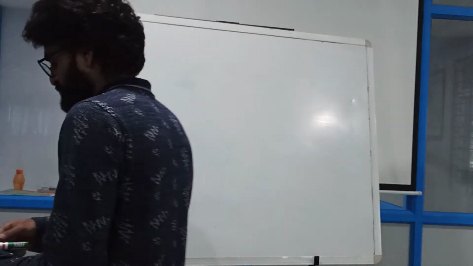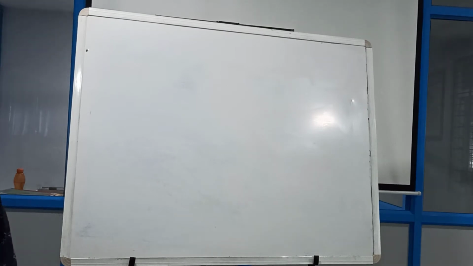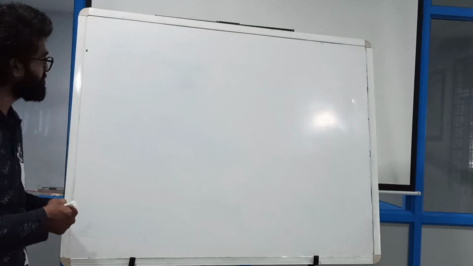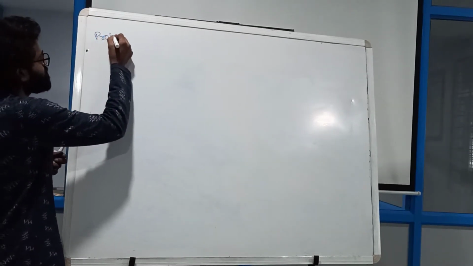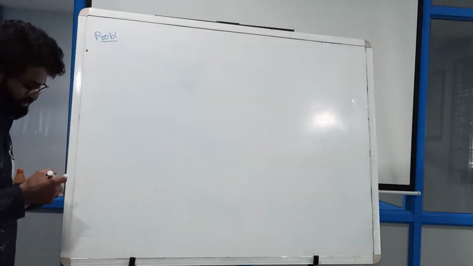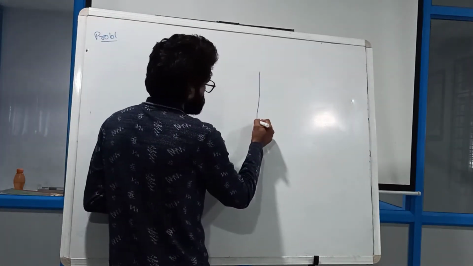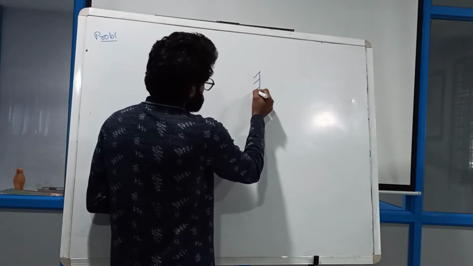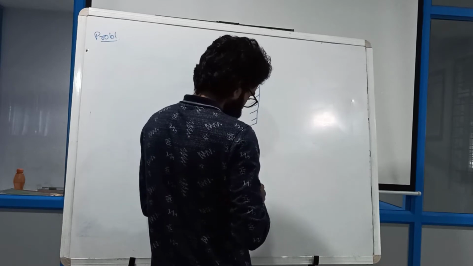So let us see the numerical based upon the last problem or the derivation we have solved. So let us say we have a numerical here problem. So what is my problem is, let us say I have a bar. They have given me a bar that is fixed on one hand side, and that bar